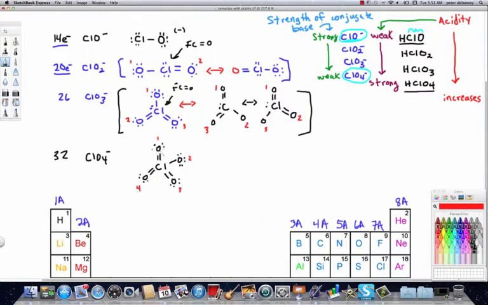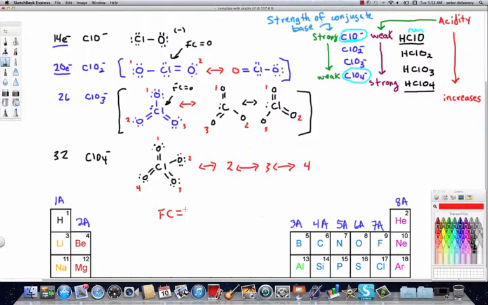So you can draw 4 different distinct resonance structures for this one. I'm just going to do it this way, where that single bonded oxygen is going to be rotated between the 4 different oxygens. And then again, if you go through and you calculate my FC for this,